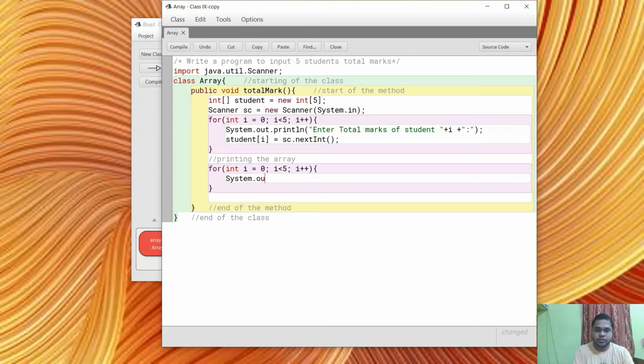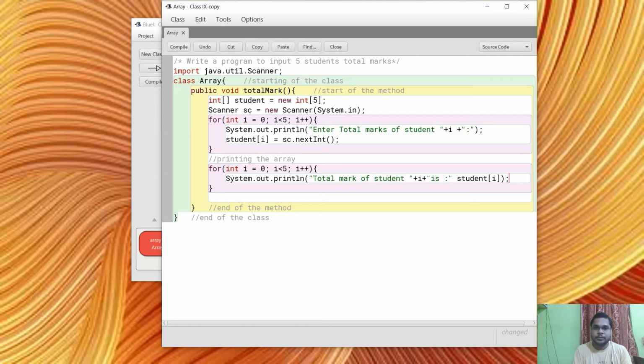This is the System.out.println, total mark of student i is, okay, here I put the array, that is our array is student of i, then semicolon. So in this way we can concatenate with student i, that's it.